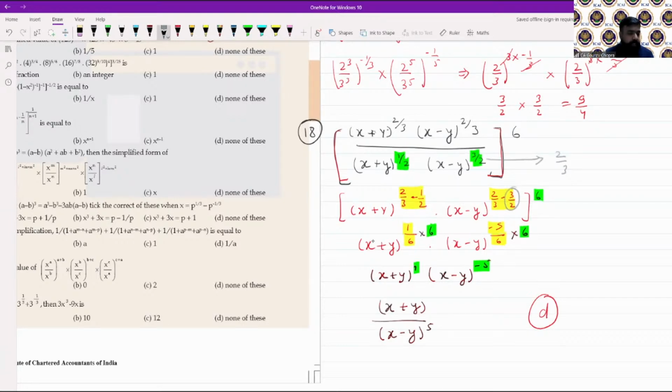Namrata is saying D is given as correct in the study material. Okay, that's great. See, there will be some differences in the old and new study material, so that is why there can be some confusion. It might be C in the previous version and now it is D, so no need to worry.